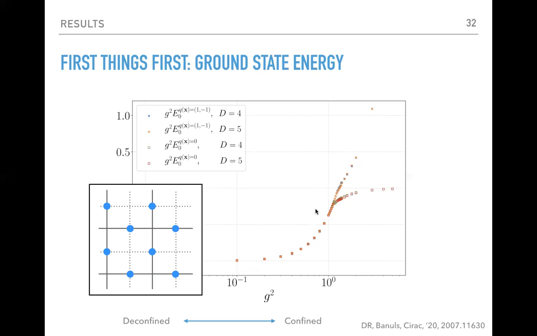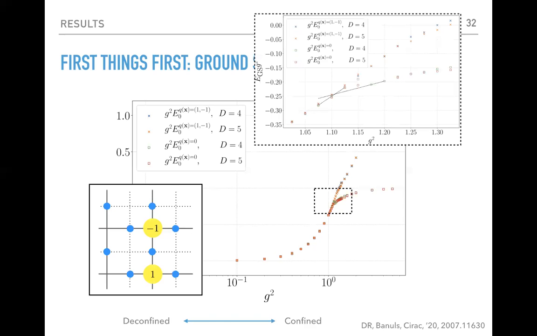And what we also did was to project to vertex 1 and -1 to simulate as if we had static charges 1 and -1 living on these vertices. And then you get a different ground state, which is the one which is here, also for d equals 4 and 5. And it's known that the Z3 theory in 2 dimensions has a phase transition, a first order phase transition. And we were able to see that by noting that we had a discontinuity in the derivative.